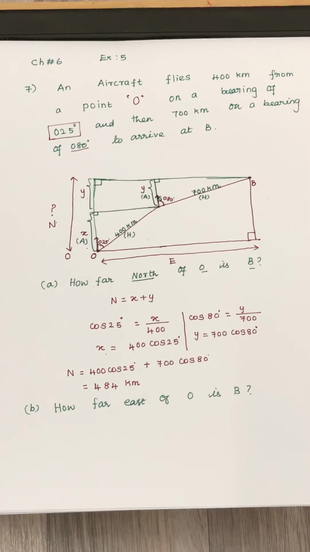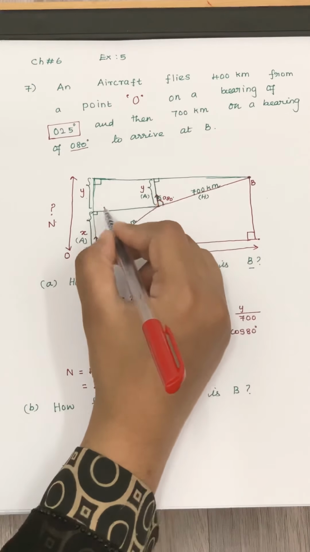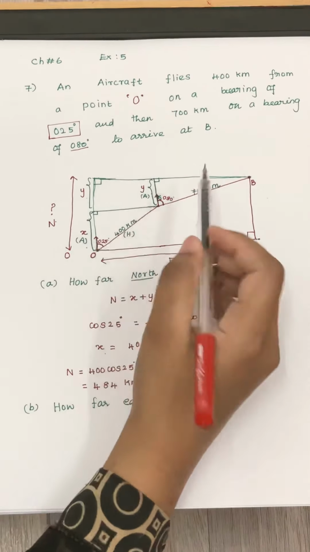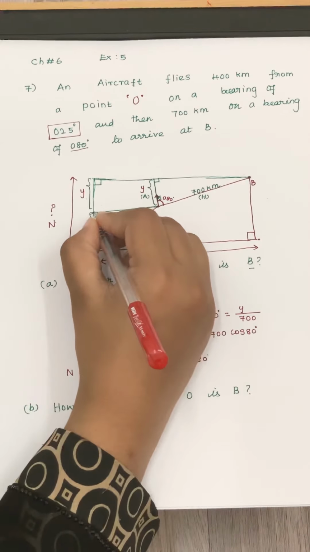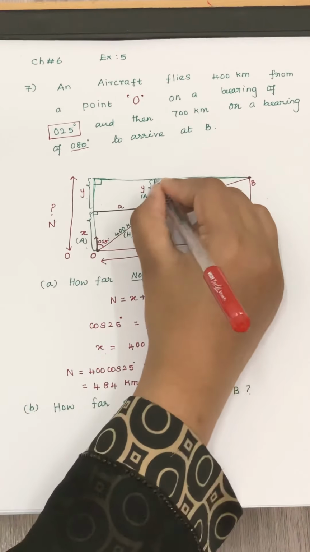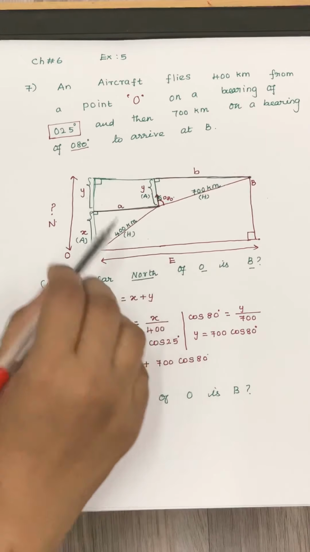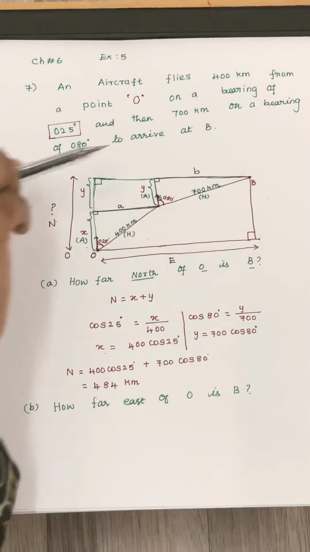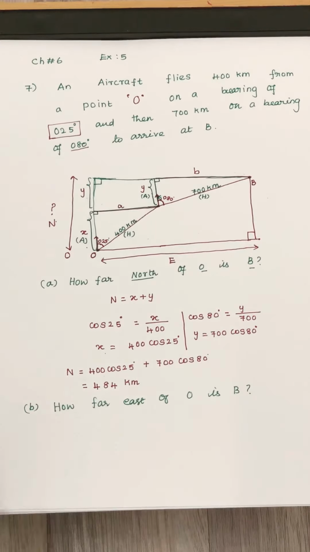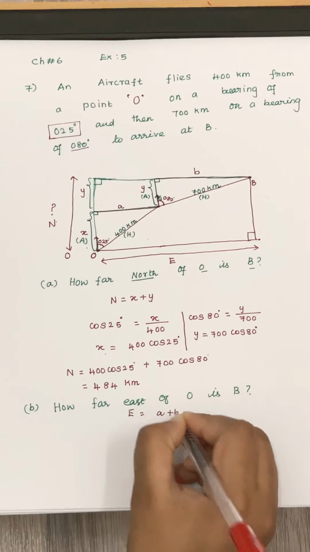Okay. So how do I find that? Please focus here. This is exactly the same as this. Am I right? So what I am going to do is take this triangle up to here as A and this triangle distance as B. So E equals what? A plus B. Same distance, correct, girls? So the east direction is equal to A plus B. E equals A plus B.